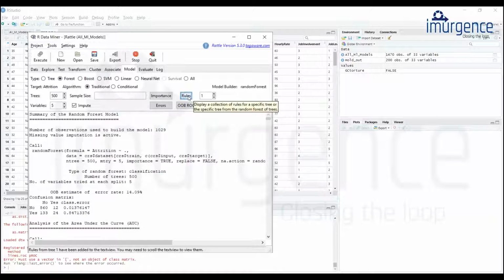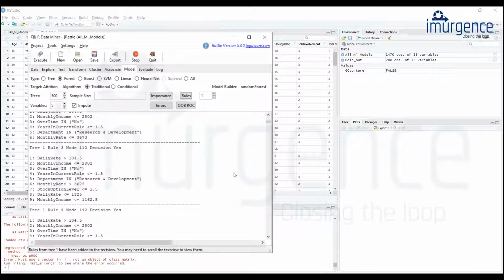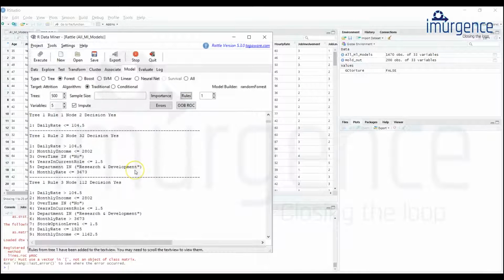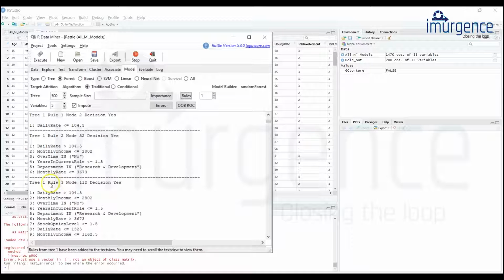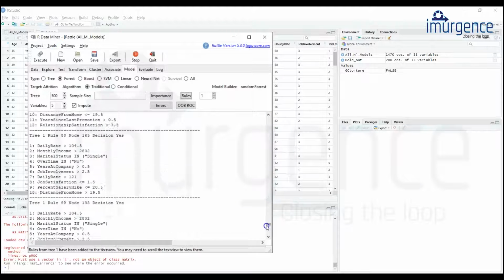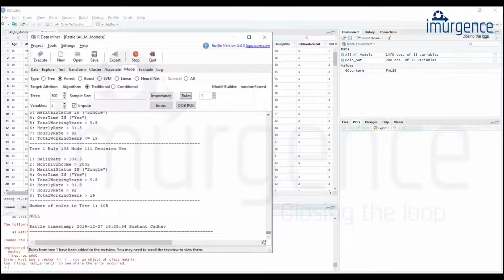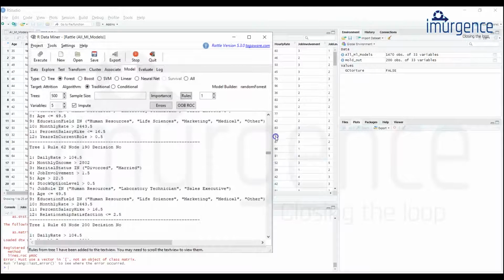you can check the rules. Obviously the rules would be quite lengthy. So you have rule 2, 3.1. Because you don't have one tree, if you just go down, you will have many trees. So it will be quite a lengthy one.